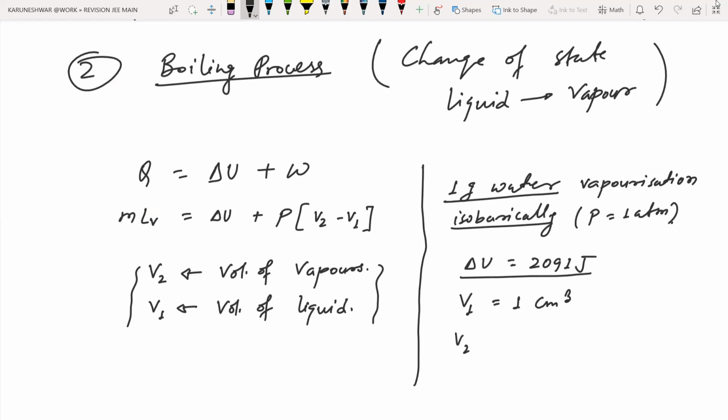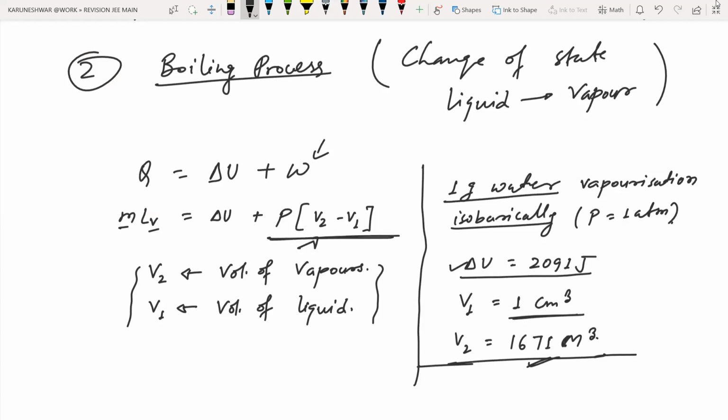And V2, if you calculate on the basis of this one and what we are providing, this M and LV, we know that it is... So on the basis of that, you will calculate the work done, and then we can find out what will be the volume V2 over there. So V2 वहां से calculate करके 1671 के आसपास निकल रहा है, 1671 it is meter cube. This one we are getting here. सो यू कैन इमेजिन यहाँ पे वॉल्यूम ऑफ लिक्विड 1 cm³ है और ये निकल रहा है, तो ऑब्वियस सी बात है वर्क डन जीरो नहीं होगा।